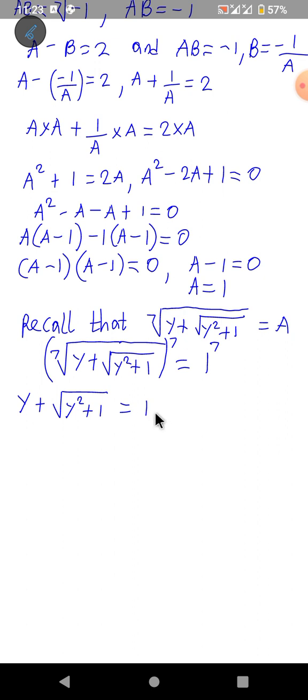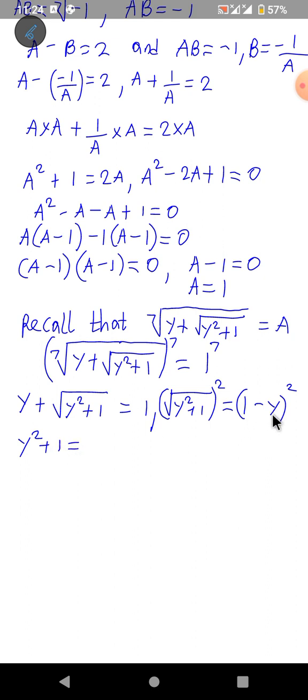Now I'm going to take this y to the right hand side. So we will now have the square root of y squared plus 1 equal to 1, that's this 1 minus y, I mean. Now my next step, to remove this square root sign, I'm going to raise both sides to the power of 2. So I'll raise here to the power of 2. Then also, I'm going to raise this to the power of 2. Now this square power will cancel this root sign. So we are now left with y squared plus 1 equal to